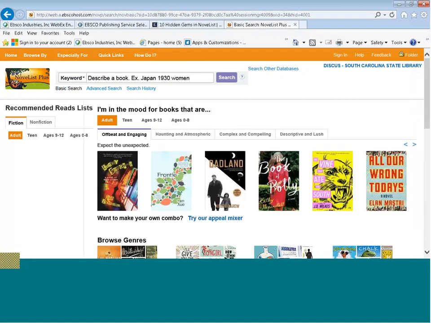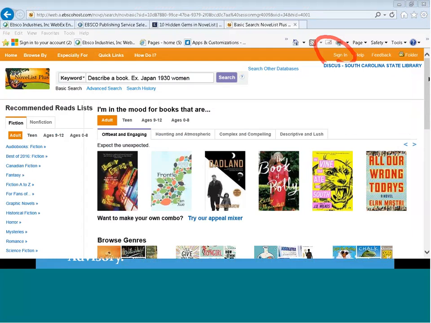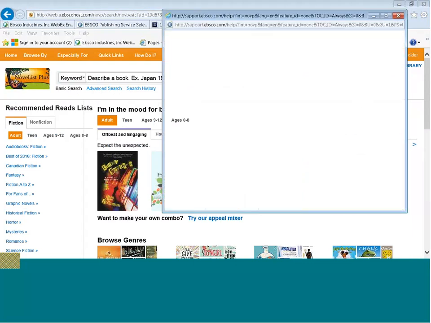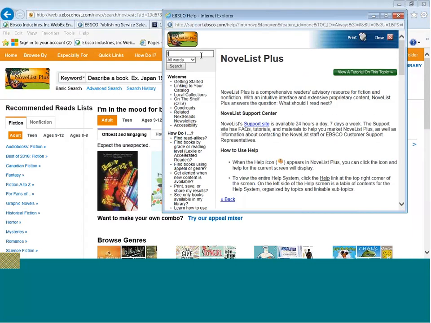If I don't go up here, and I'll show you this in detail, if I don't sign in, I will lose that content. If you have questions about folders or alerts or any of the features that we cannot get into today simply because of time, one option is to go to Help and then Query Folder.